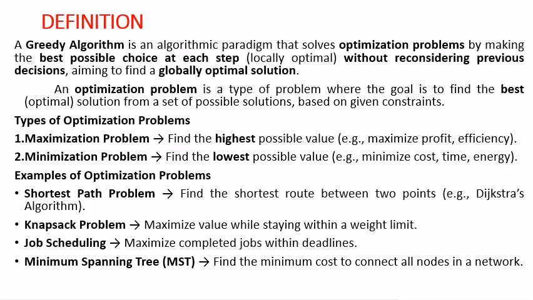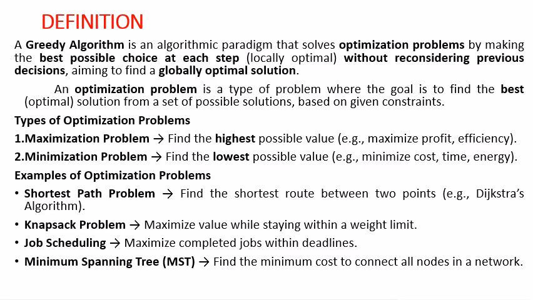It always thinks that whenever the decision in the stage level, in each level, is optimal, then definitely we can expect an optimal result finally. So that is what a greedy algorithm says. And it is applicable for what kind of problems? As you can see clearly on the screen, it is applicable to